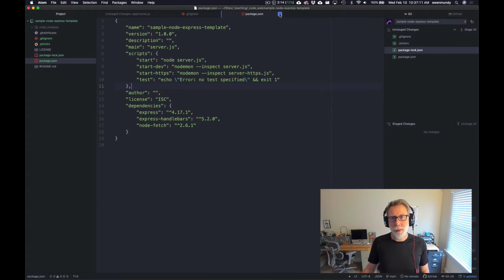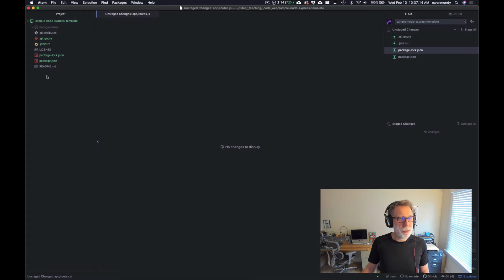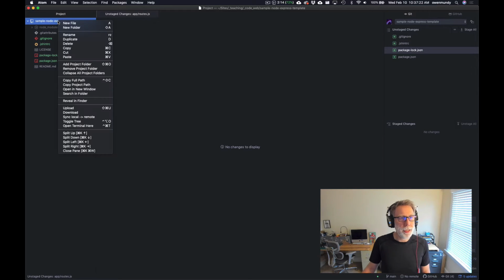Okay, cool. So that's the package file, that's the .gitignore, that's the JSHint. Let's see, what else do we need for our base files? It looks like we're good. Okay, so let's make the first file, which is a